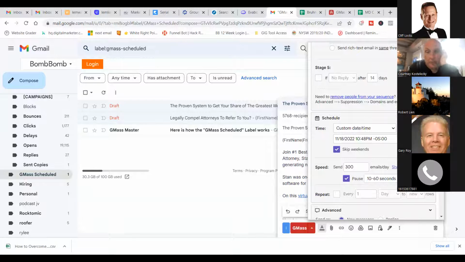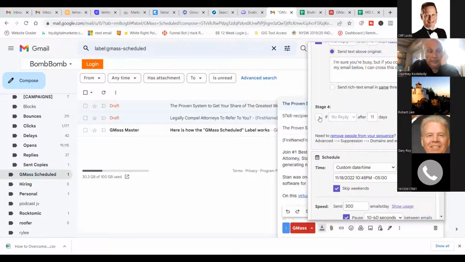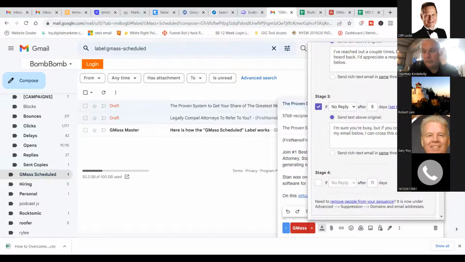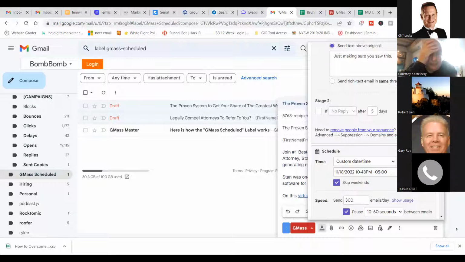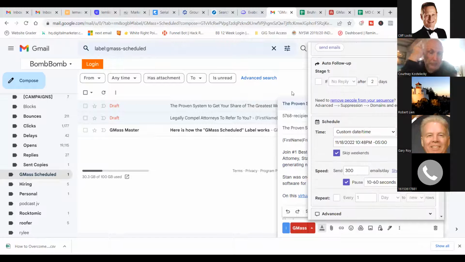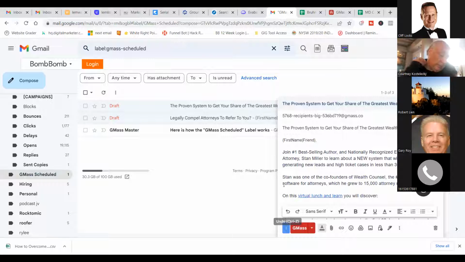You can't change the whole email every time and have it be automated, but you can say something like, hey, wanted to make sure you got this, and then there's a line, and then there's the original email. So you can't create a sequence of 8 different emails, but you can absolutely create a couple sentences above the email or a paragraph. I haven't tried to put a whole email above the email, but you could certainly do a multi-step series of messages.